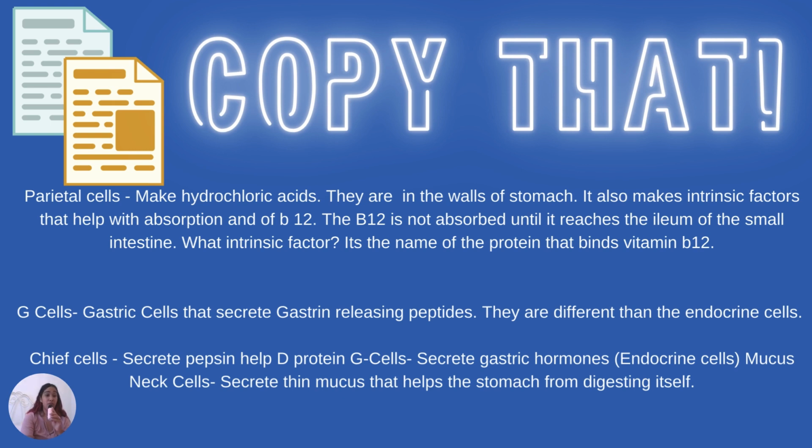Parietal cells make hydrochloric acid. They're in the walls of the stomach. They also make intrinsic factor. You might wonder, what is an intrinsic factor? That's actually the name of the protein that binds B12. It is literally called intrinsic factor. Okay, so